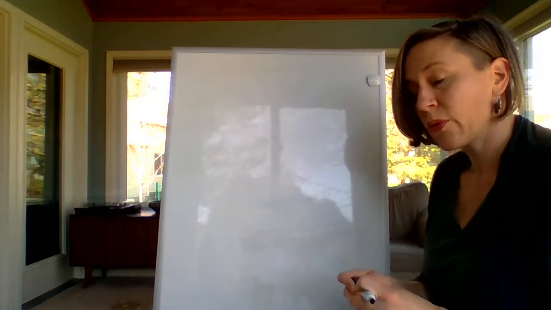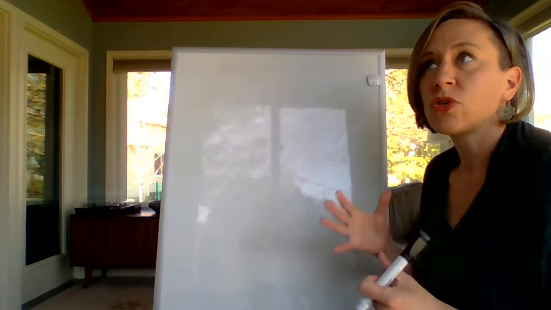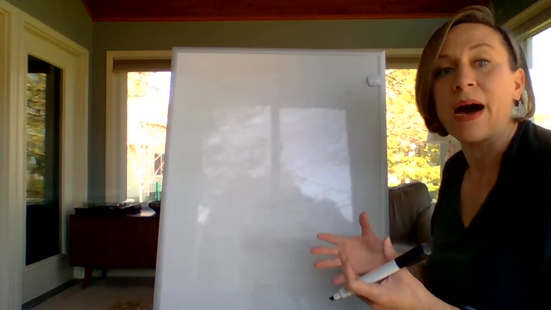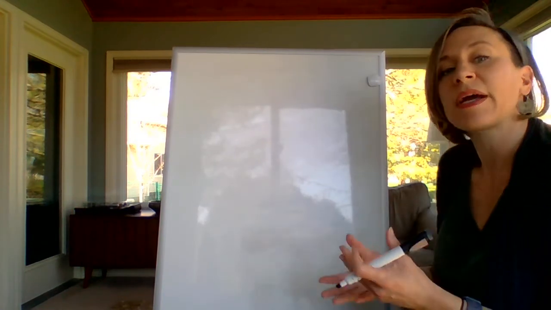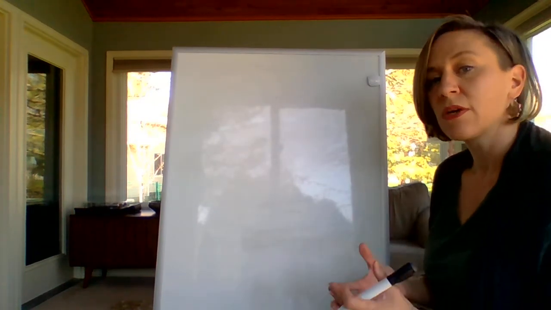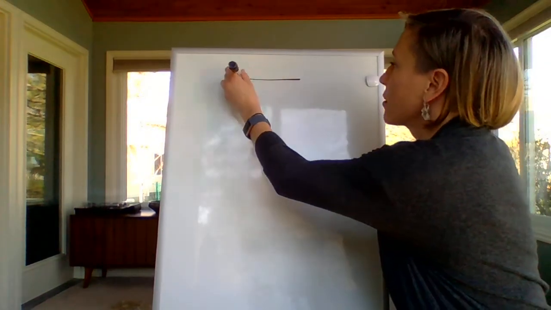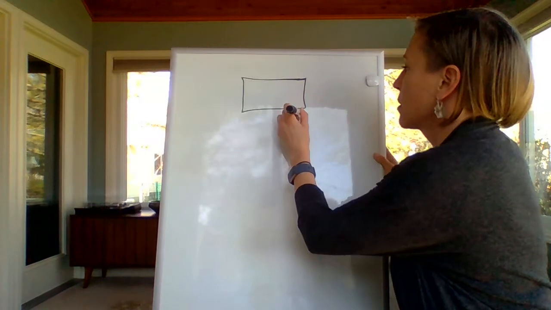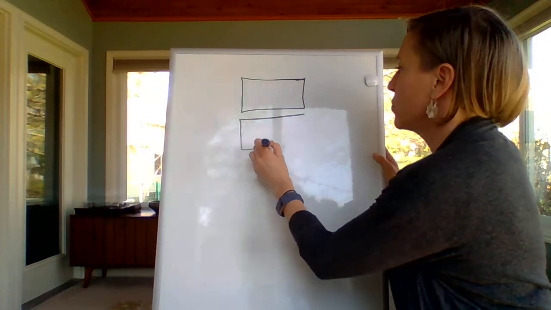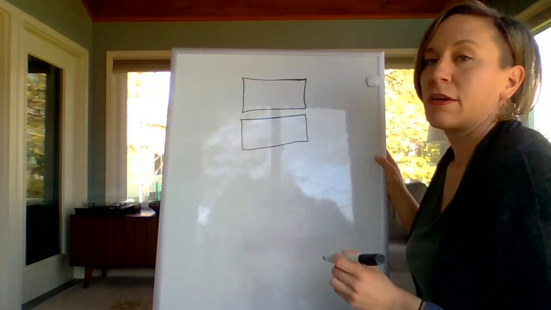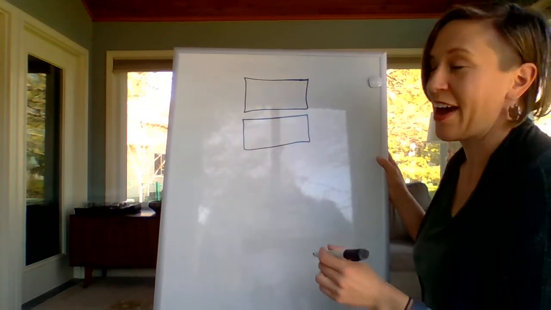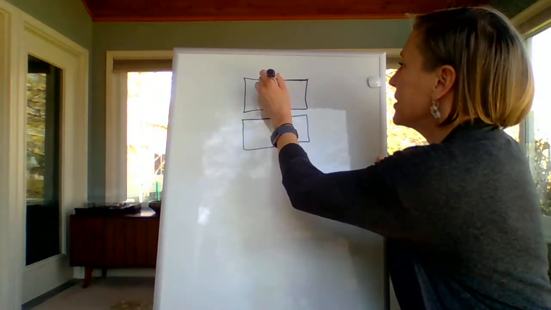So equivalent fractions show the same amount of something, okay? It might just be in different size pieces. So what I mean by that, let's take a look at a model. I'm going to draw two rectangles that I'm going to try and make the same shape and size, okay? And we can say,